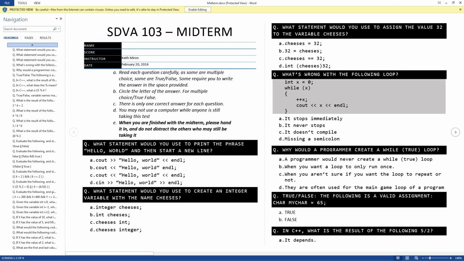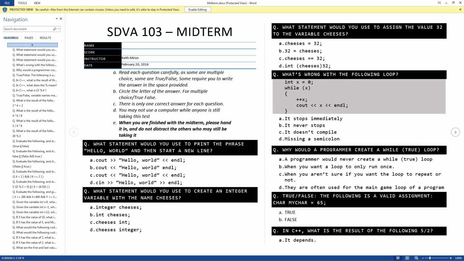Okay, the first question was, what statement would you use to print the phrase "Hello World" at the start of the line? This is purely about whether you remember the syntax. This is directly from the review, so hopefully everyone got it; there were some people that got it wrong. I'm just going to chalk it up to misreading the symbols. There's only one right answer, which is the third one. The reason you can remember is that these little arrows go into the cout object, saying, hey, push this string into the cout object. They go in the direction of where you want it to go.